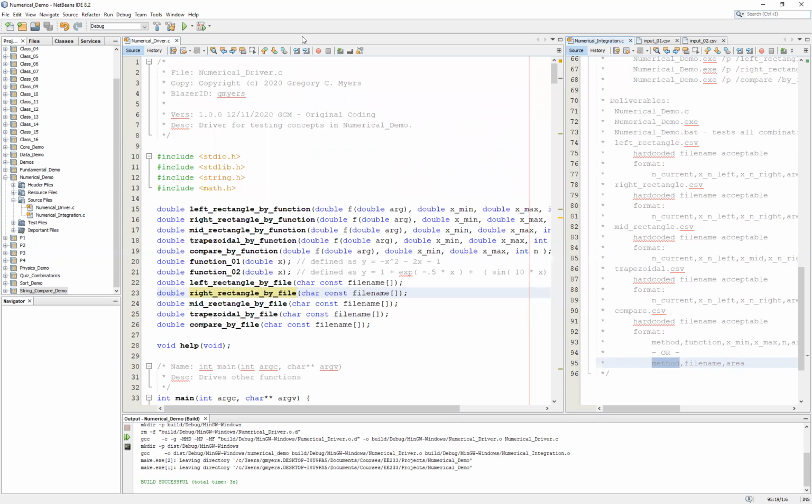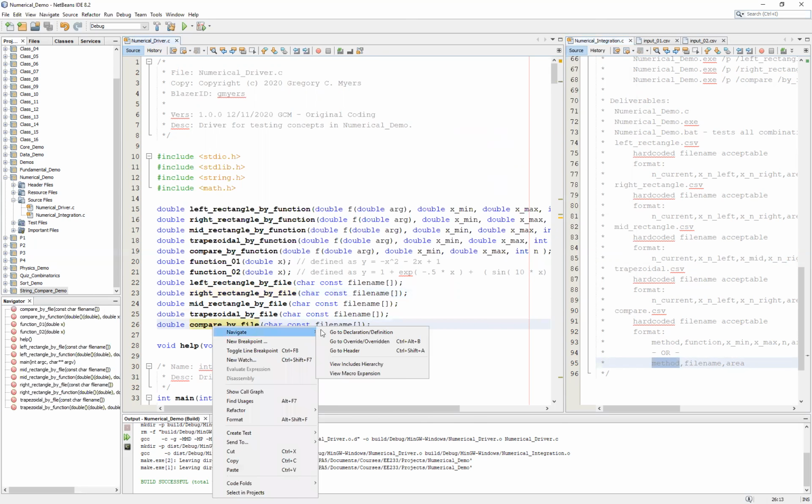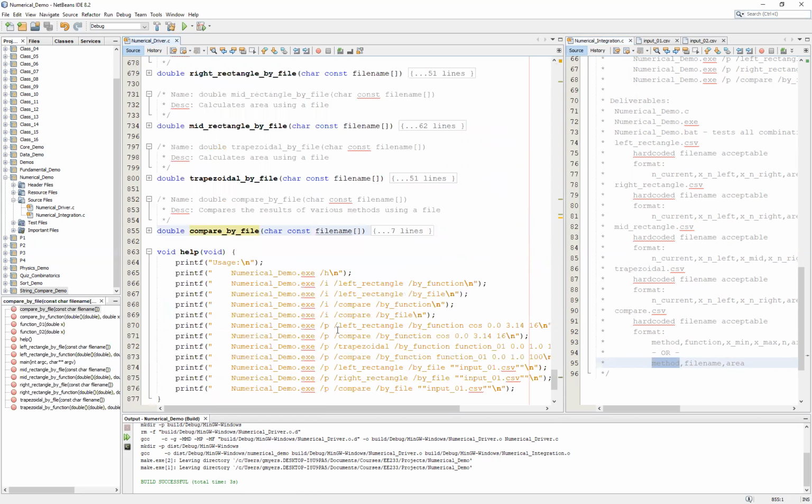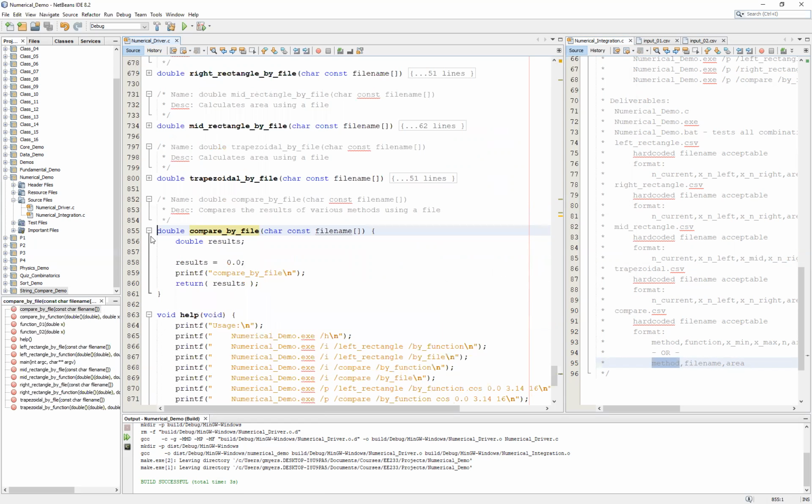Now, let's go ahead and jump into the function itself. And so we're going to navigate, go to the function declaration. And there isn't really going to be a whole lot in the way of error checking that we could do. Technically, we could check to see if the length of the file name was greater than 0. But aside from that, there is very little that we're going to be doing in the way of error checking